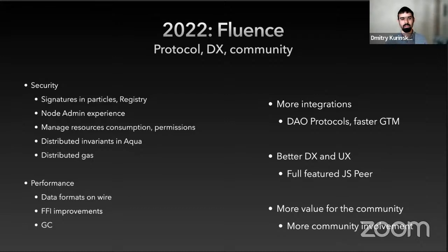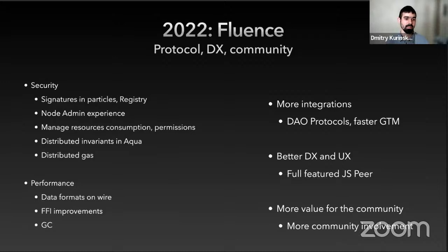We want to have more signatures in particles and registry. And currently, you can run the Fluence node, but it's hard to secure it and to set up permissions on different resources to manage resource consumption on the node. So this should also be